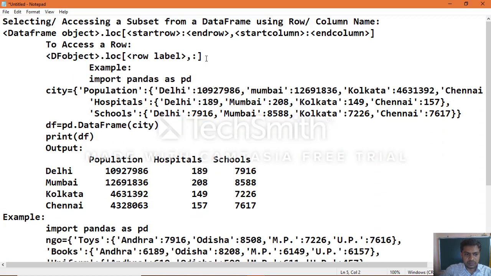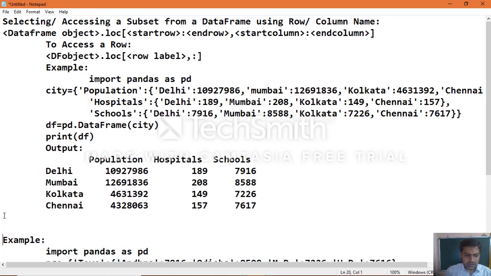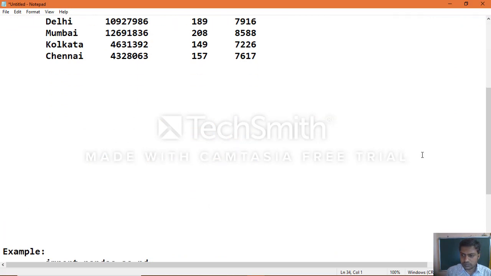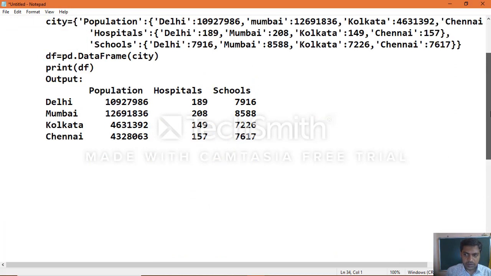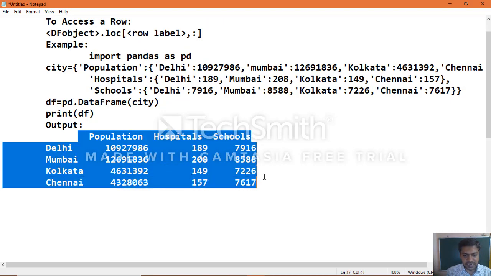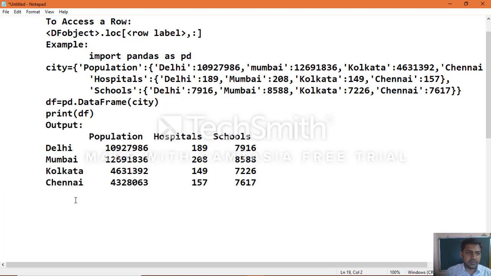For example, import pandas as pd and create a city data frame with different cities, population, hospitals, and schools, and print it. This is the general data frame object on which we will apply the different ways of accessing a subset. The first one is to access a row.